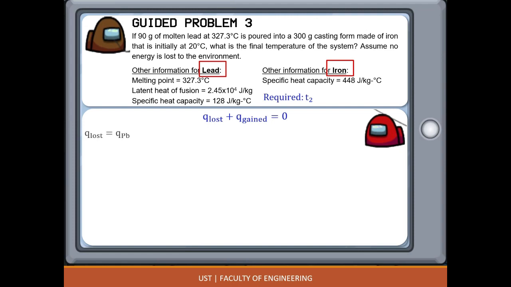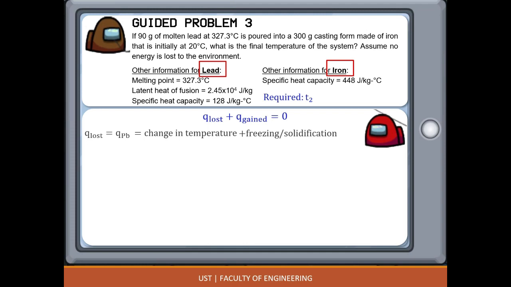Therefore, we can equate Q lost to Q of Pb, which in turn is equal to the sum of heats needed to change the temperature from 327.3 degrees Celsius to a lower temperature. Because Pb will lose heat, so it becomes colder. So its final temperature should be less than 327.3 degrees Celsius. And the heat associated when it solidifies. But how did we know it solidifies? Because at a given melting point, if lead acquires a temperature lower than that, it solidifies, as mentioned in the